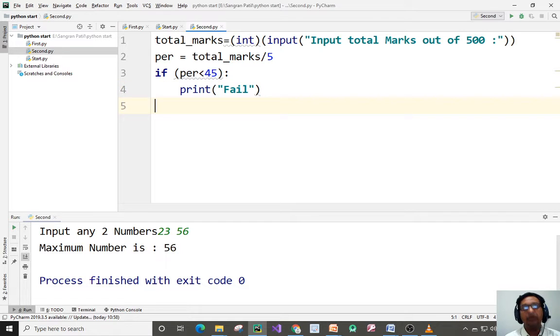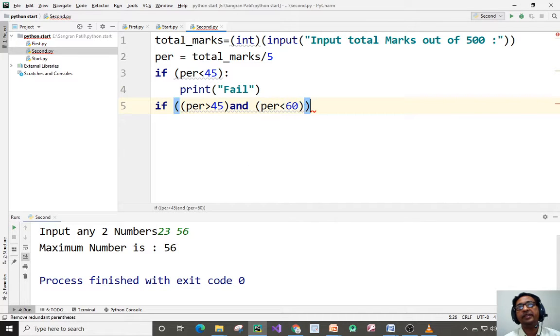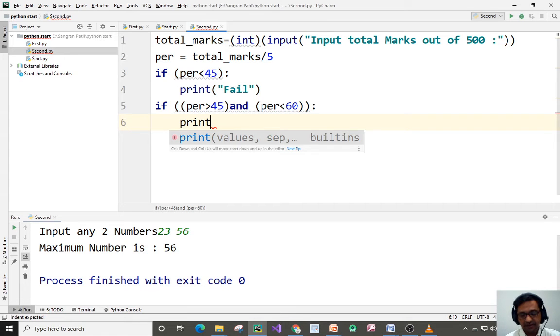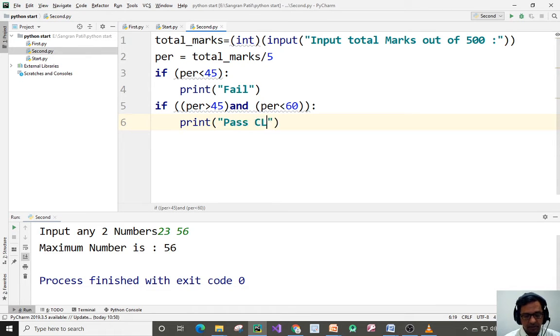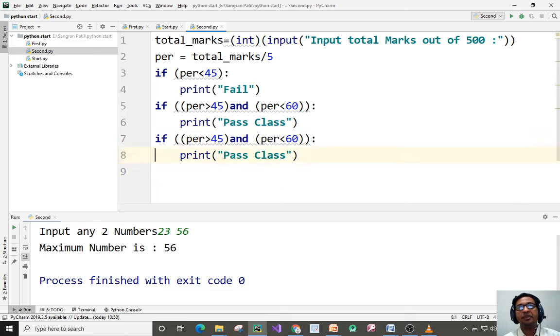Okay, if percentage is greater than 45 and percentage is less than 60, I want to print this as pass class. Okay, just copy paste.